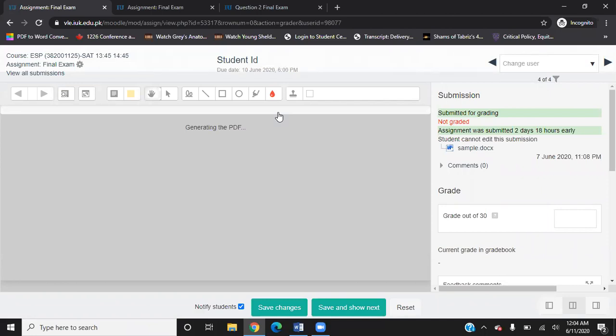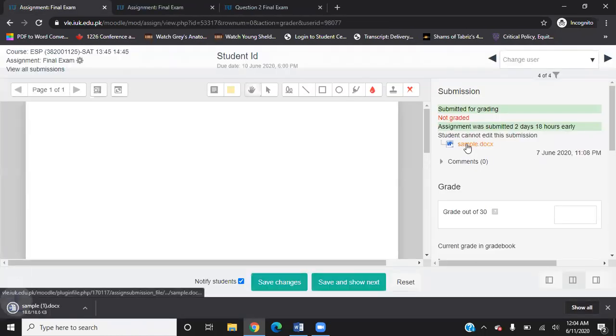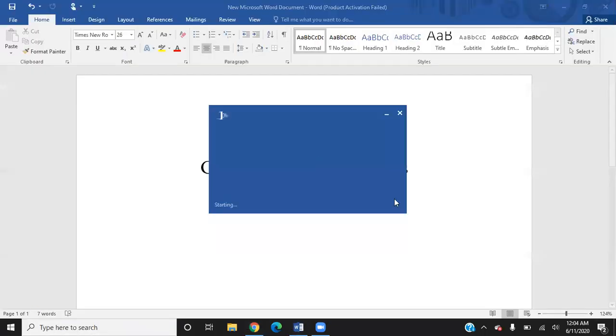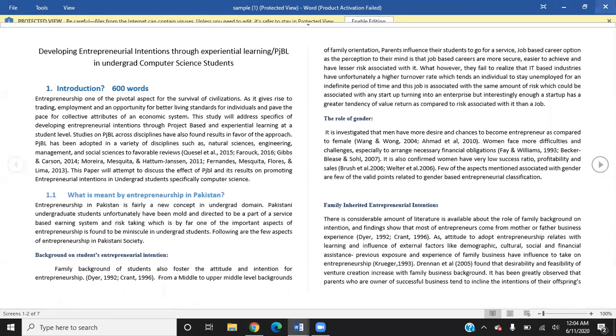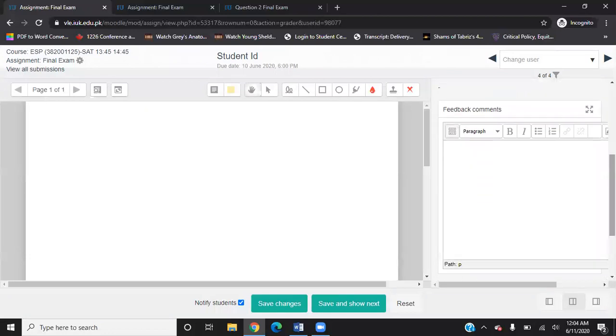Sometimes if the student has submitted a document, you might not see anything here. It might be a blank page. If this is the case, then you need to click on this file here and it is going to get downloaded. You need to read this document and see what they have submitted, understand how many marks they should have got. Then go back to your VLE and write the grade here. So maybe I can say that this person got 25 out of 30. And I can even give feedback over here, whatever I want to say, whether the language was good or not, or whatever the reasons I have for the grading, whatever the rubric that I have.